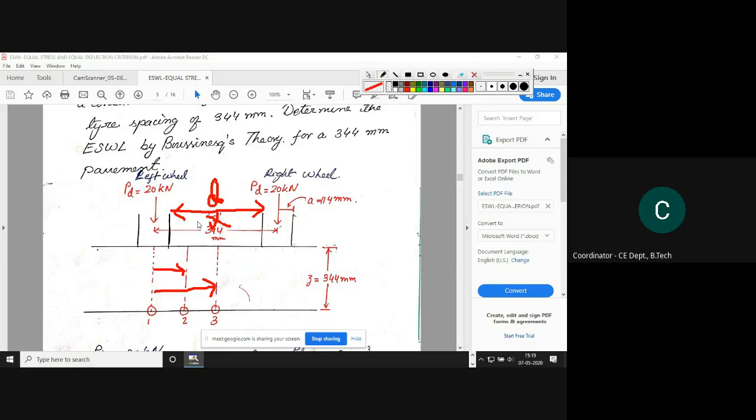No, see, it may be provided as D also. That time you can calculate the center to center distance by just adding D with twice of A. This side is A and that side is A. Means I have to calculate the center to center distance every time, for these critical points? Yes, because these points are arranged in such a manner only. They have said that this point will be in between the two tires. That means in between the center to center spacing only, no?